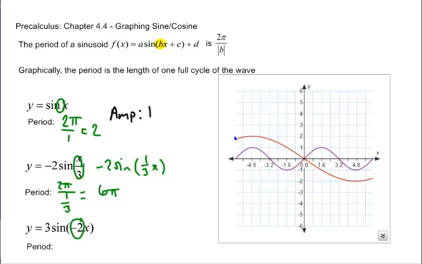But here it starts right here, and it goes to the top, and then down to the bottom, and it's on its way back up to the top again. But we don't see it. It's not there. Also notice that it's reflected. This guy also reflects over x. Well, how do we know that? That negative sign. So just like in our regular everyday functions that we work with, cubic and quadratic,